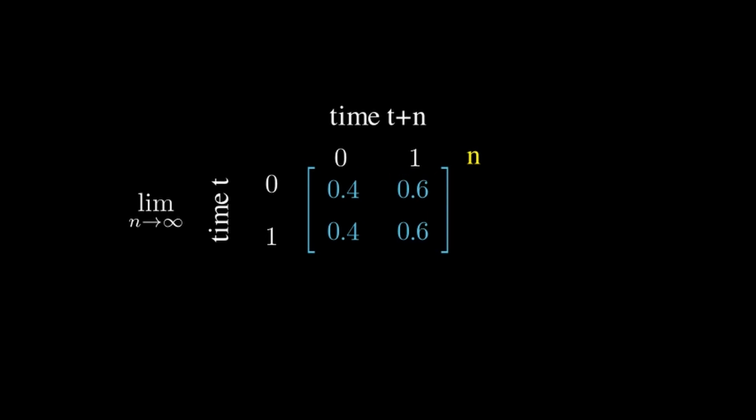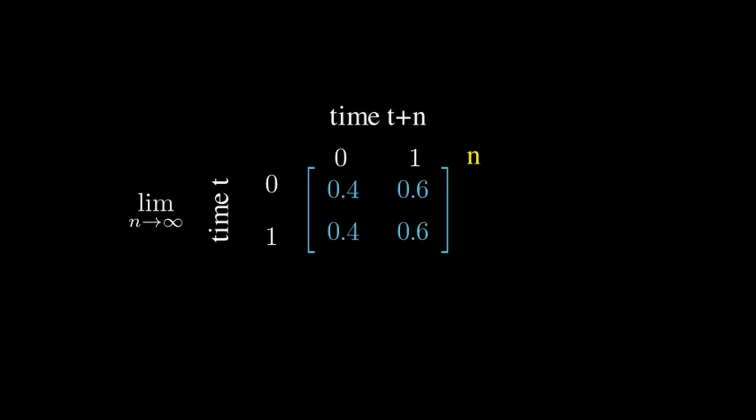However, this way of finding the long-term probability of certain states is not very efficient. This is because we have to multiply the matrix by itself an infinite number of times, and that's impossible to do. So I would like to pose a question, is there a better way? In the rest of the video, we will try to discover an efficient way of finding the long-term probability